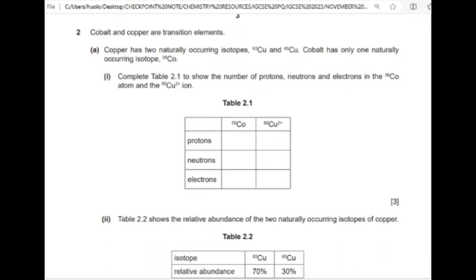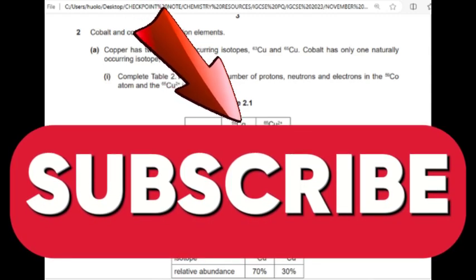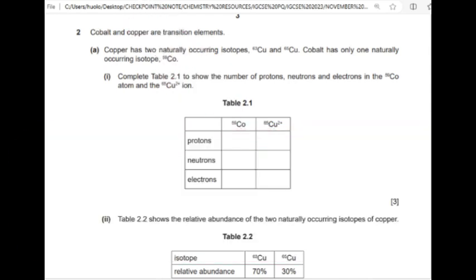Okay, so question 2, we have cobalt and copper are transition elements. Copper has two naturally occurring isotopes, copper 63 and copper 65. Cobalt has only one naturally occurring isotope, and that is cobalt 59. Okay, question A1. Complete table 2.1 to show the number of protons, neutrons, and electrons in the cobalt 59 atom